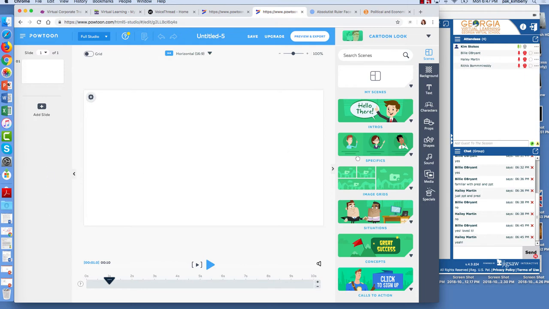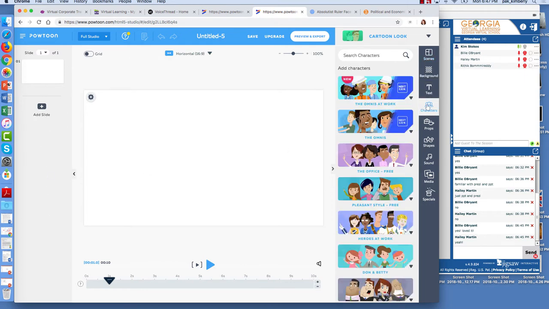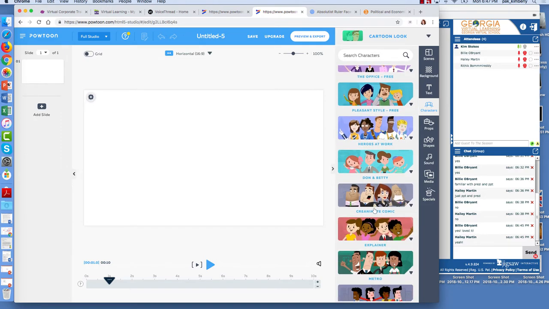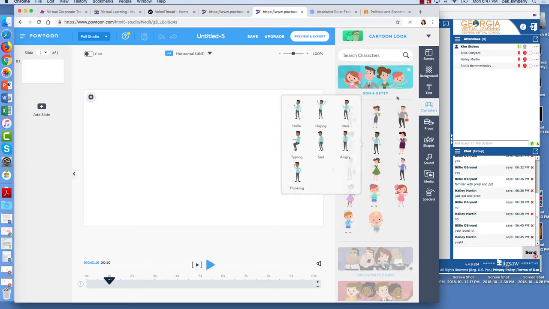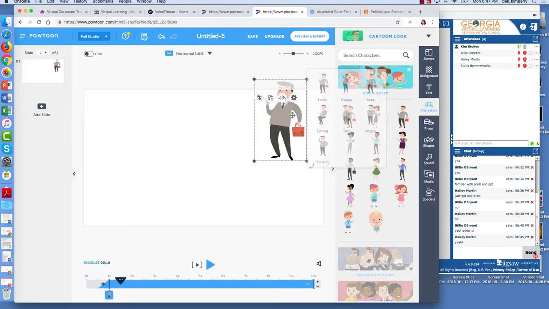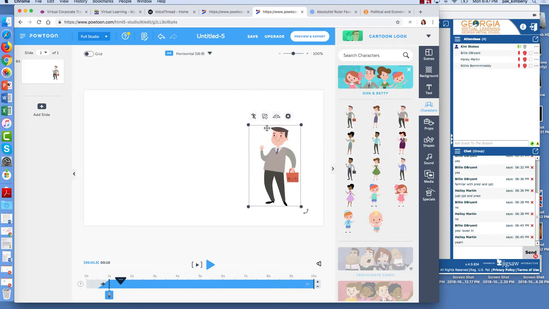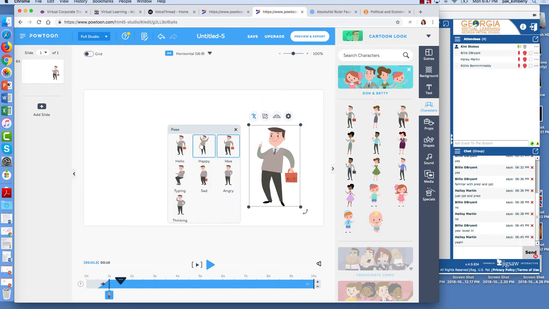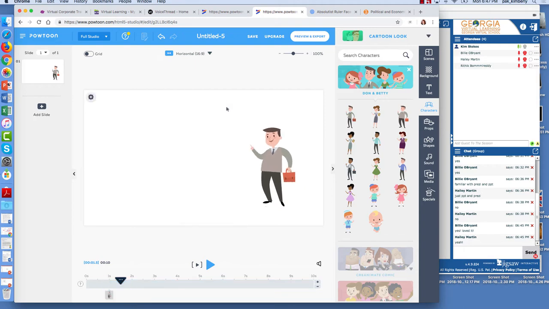And you can bring different people in. This is one I kind of like right here. These guys, and you can bring him over, but you can make him, whoops, like this. He can have an idea. He can be happy. He can be sitting. I mean, the possibilities are endless. But you kind of get where I'm going with this, okay? Check it out. You have a long time, about a month to get this done. So it might be something that you want to do, okay?